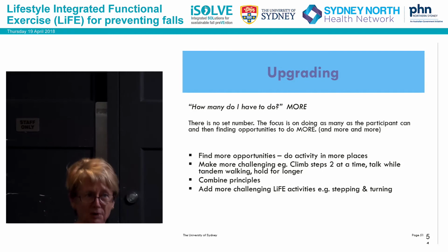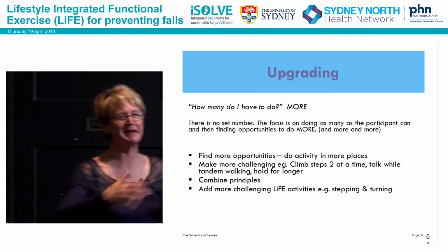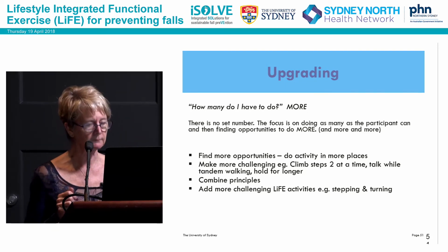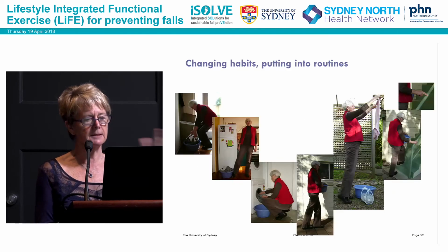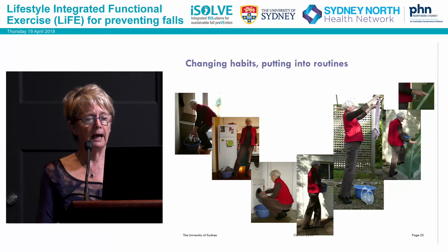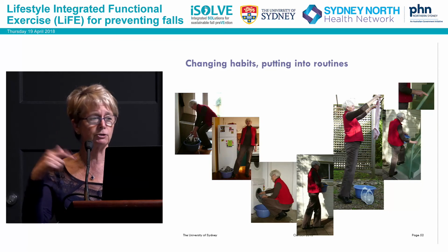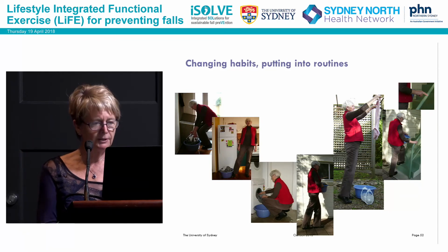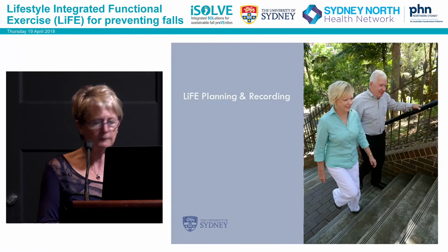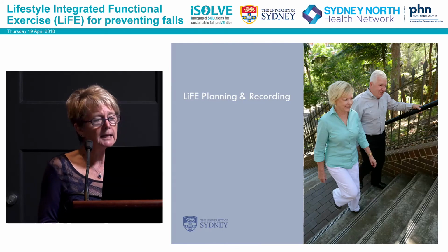Maybe if you do the dishwasher and then do a little bit of a dance to music or something and put your dishes down. I mean, be creative. So it's adding things within some situation. So there's different activities, and that was one I had previously, a whole particular thing that you're doing that day and adding a number of different things to it. So you kind of got your life hat on, and your washing becomes your gym, or your garden becomes your gym, or whatever. So very briefly, because I'd like you to do the last little activity, is the planning and